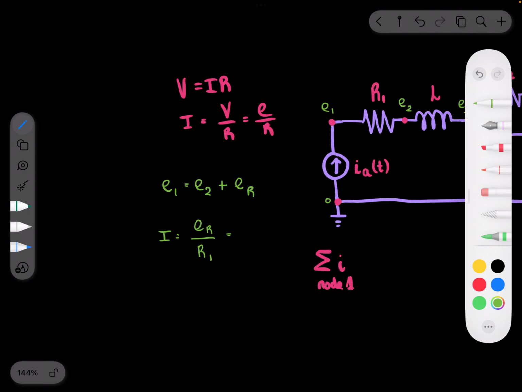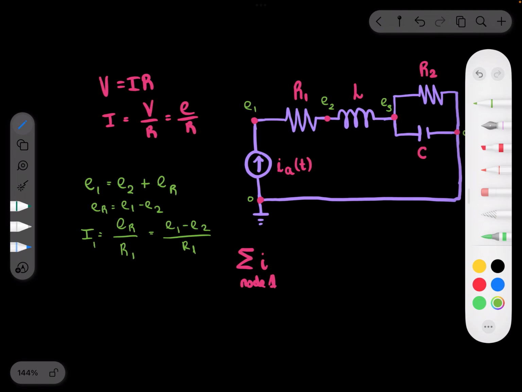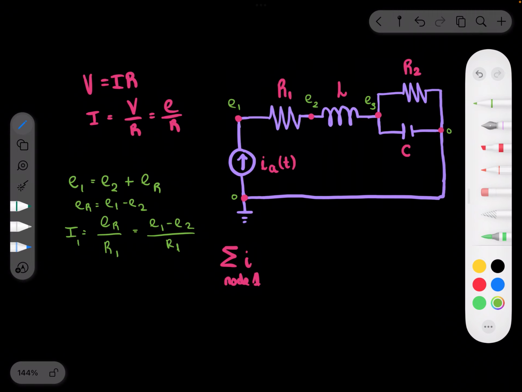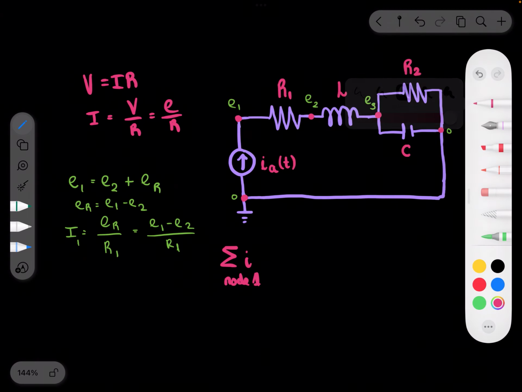You know that ER, you can write in terms of these two. So ER is going to be E1 minus E2. ER is E1 minus E2 over R1. So that's that for the first one. But we're talking about the sum. So going back to pink and writing the sum,